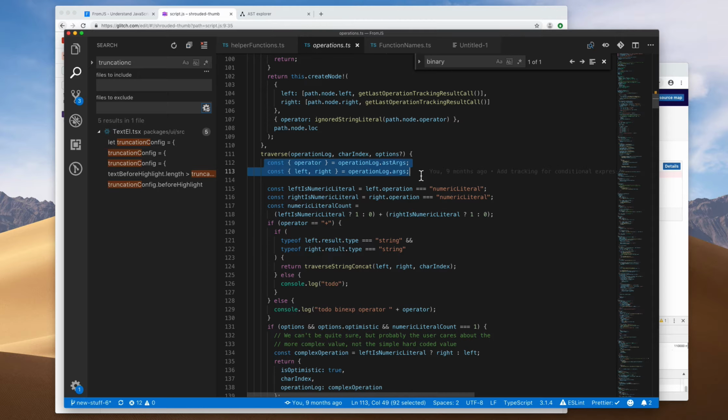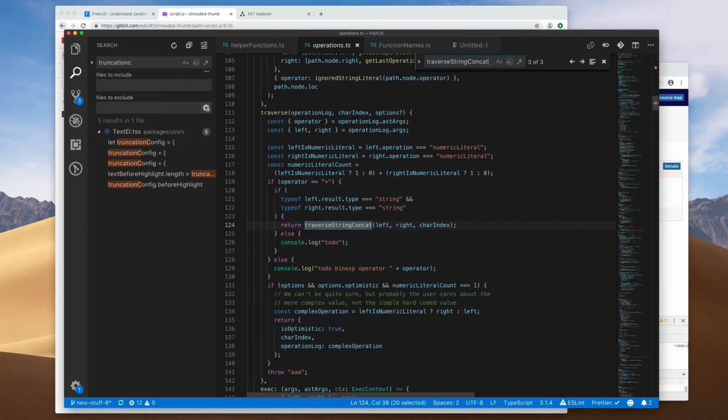Then there is the traverse function. The traverse function takes the operation log, it takes a character index in the result value of that operation, and then tries to figure out which of the arguments here we need to look at next. So there's only 2 arguments in a binary expression, and it has to be either the left one or the right one. And the one case we really care about is if the 2 things we're concatenating are strings. So we make sure that's the case, and then we do some other stuff called traverse string concat, which is